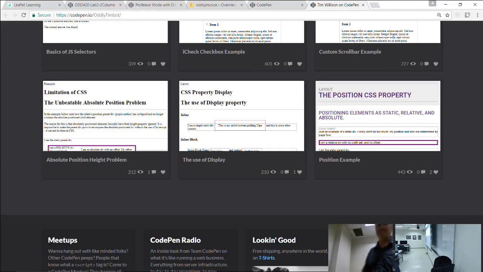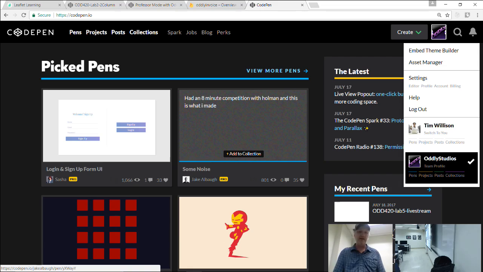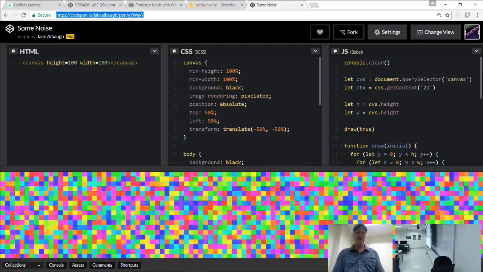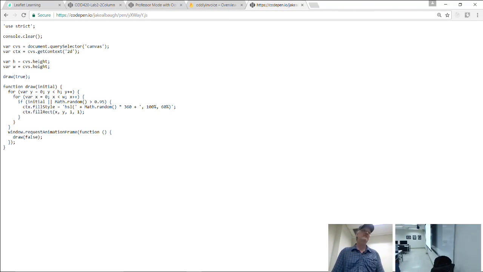Does that work outside of CodePen? It does. You can put the pen URL. Actually, let me show you that. So let's say I grab basically any pen. If you just put an extension on the end, like I say .js, there's the JavaScript. So you could take this and put it in a script tag and be loading in your JavaScript from your pen. That's pretty nice, right?